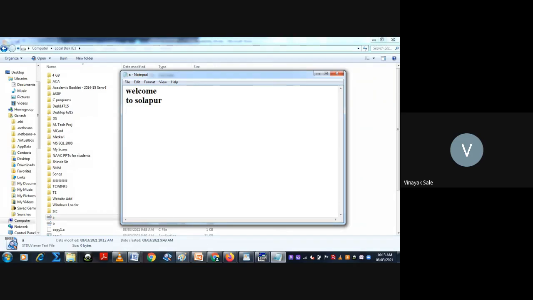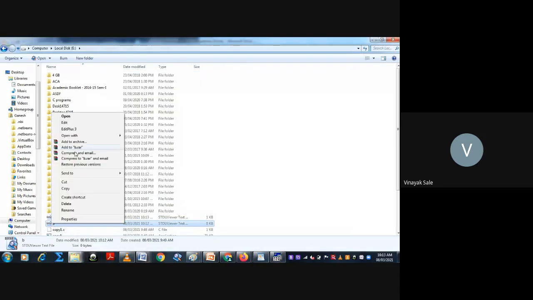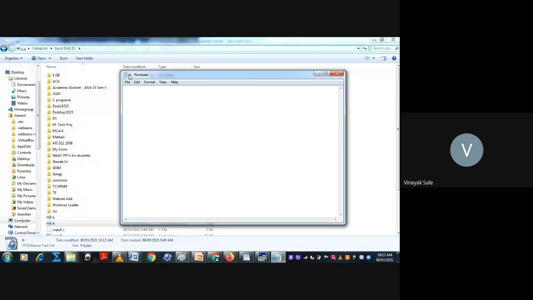I have written these contents in file A, where A is our source file. I will save this content, and I will open file B. See, there is no content. This is file B. There is no content in this file.